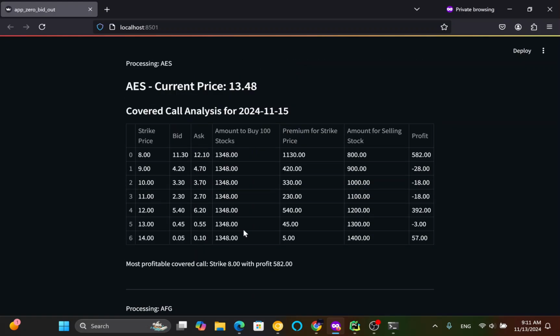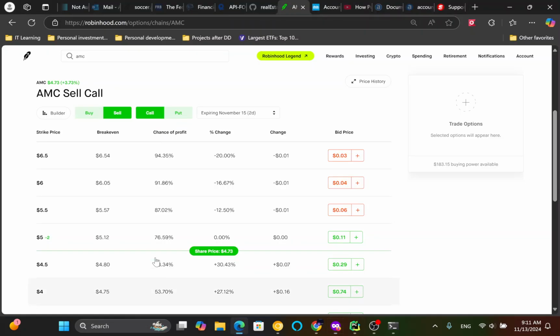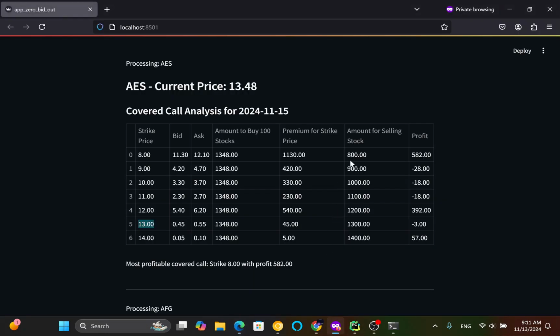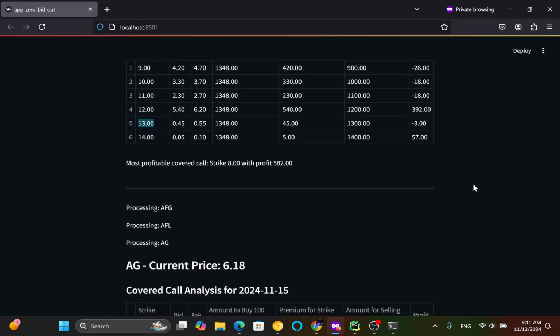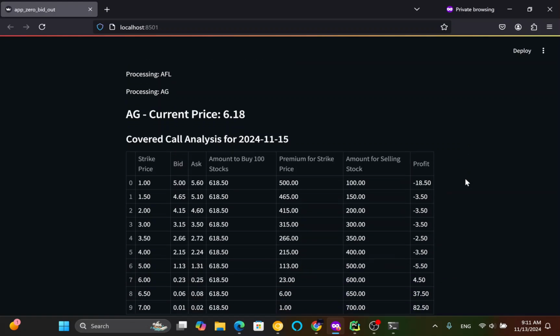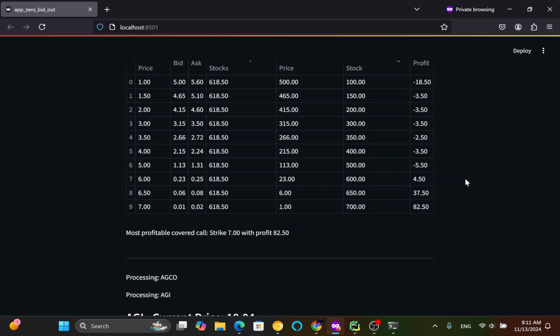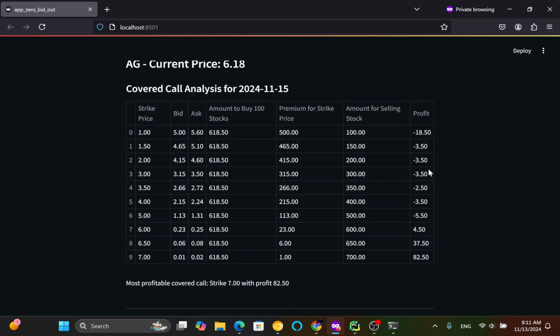We can see that we can sell it for the strike price 13. This is the price that we just saw, and my script calculates the profitability of the strike price and generates the potential opportunities. For example, AG is 6.18,